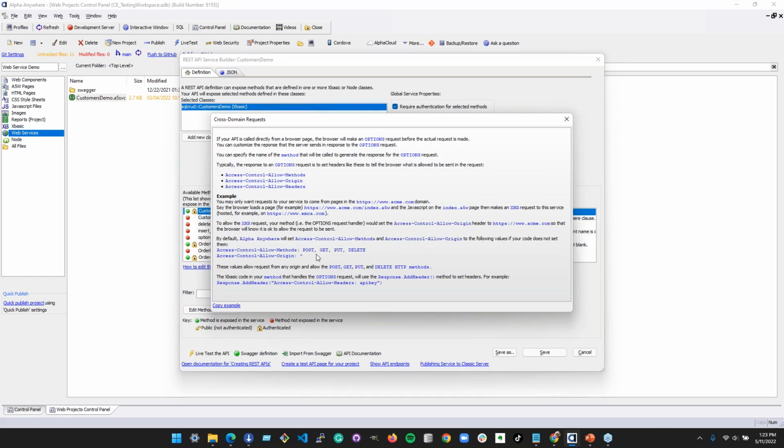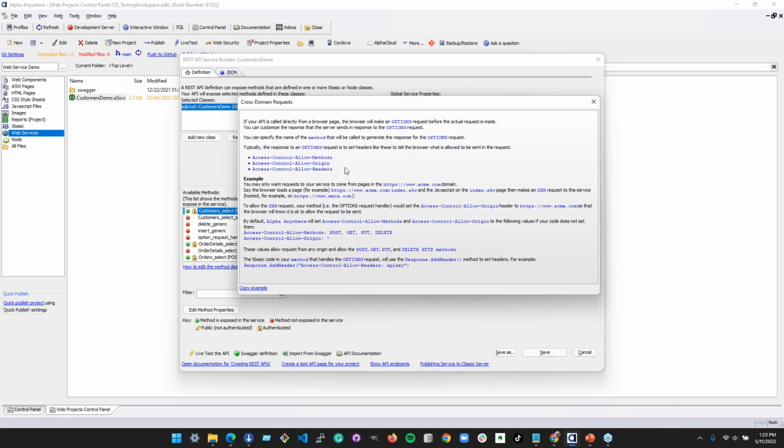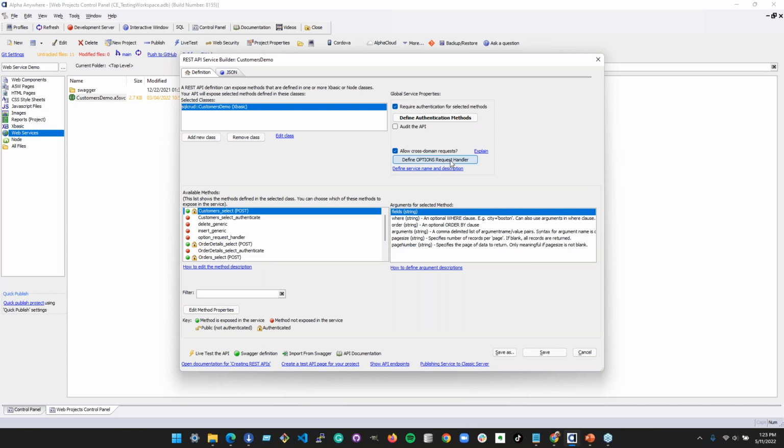So if you click this explain button, it opens up this little box that talks about cross-domain requests. In this setup, Alpha Anywhere will allow post, get, put, and delete methods, and the allowed origins is all of them, star. If you would prefer that to be something from a whitelist, then you would need to configure this separately. I'll click copy example here, just so I can copy the example out of here. But the way that's done is